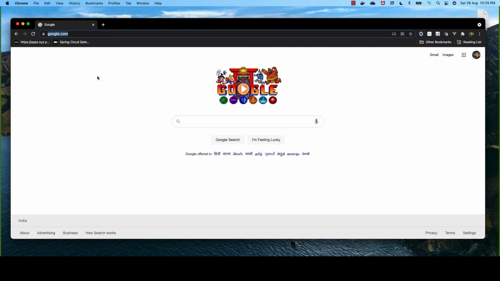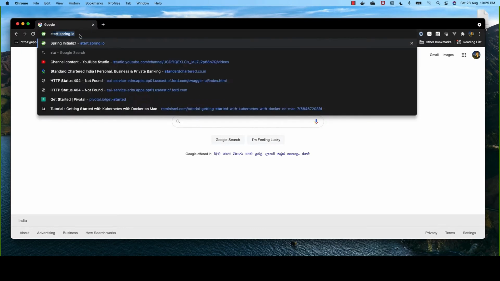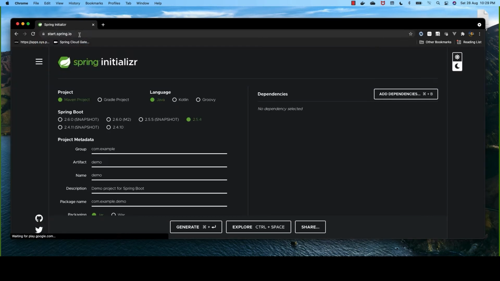Let's implement apply credit card for our supplier application. For that, we go to start.spring.io and there we shall create our project. We give a group name com.d2d, that is developer to developer, and an artifact name credit card,